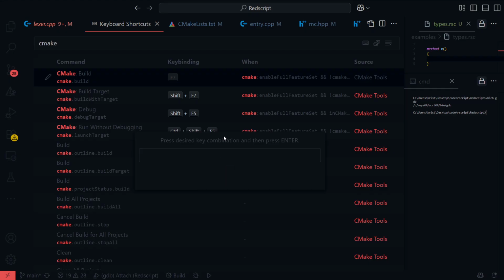The home button? 6 existing commands. Okay, I like this. Control tilde. That's what I usually do. What kind of command? Oh, it's the terminal.